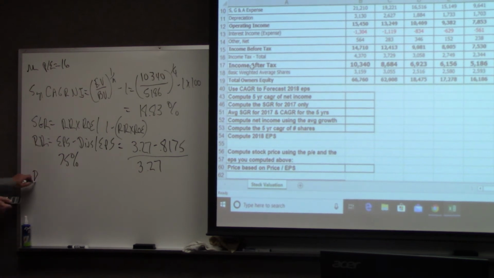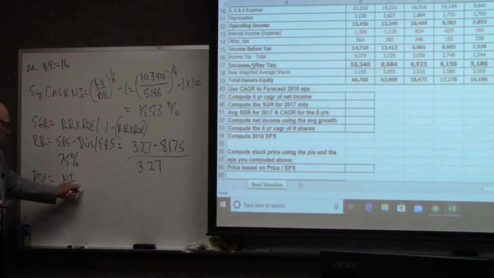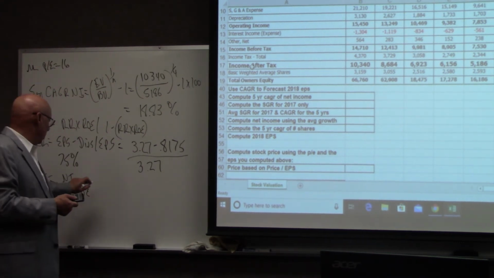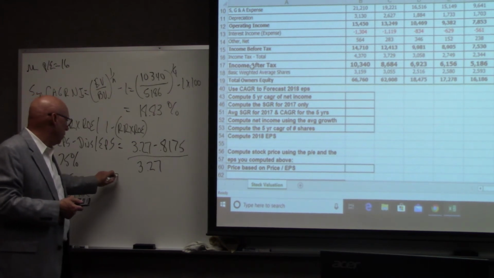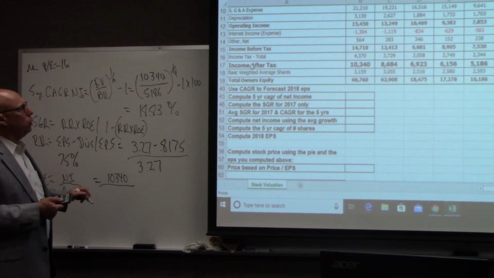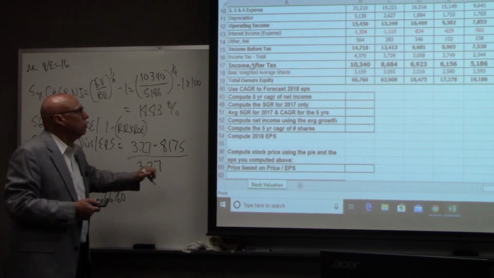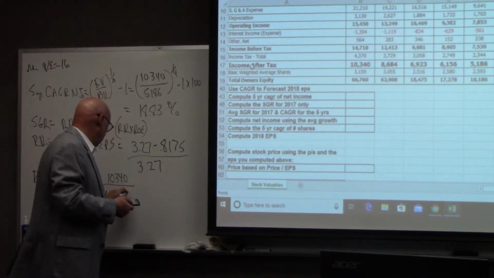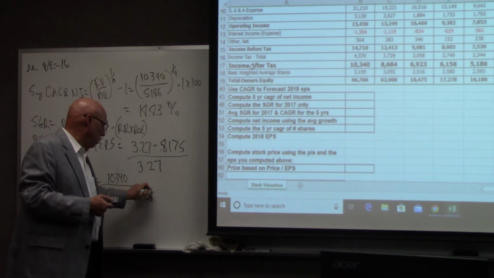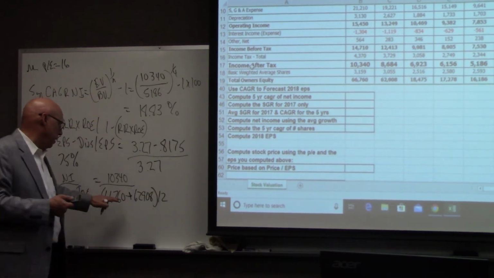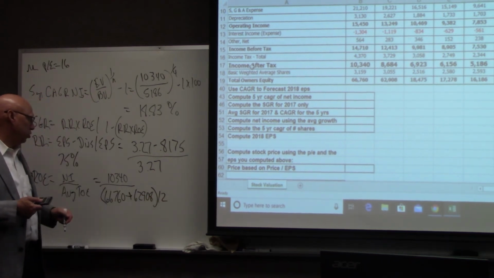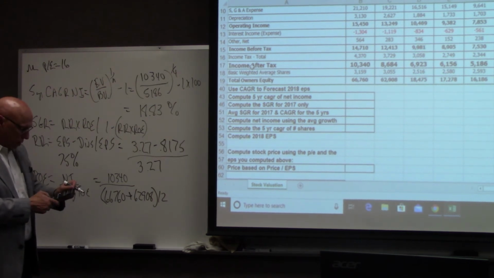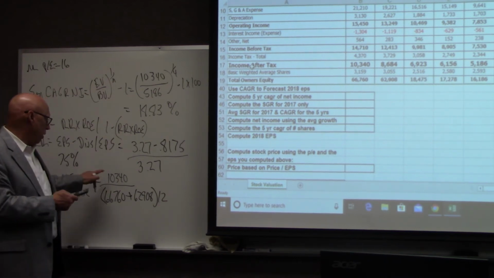So now let's find return on equity. The return on equity is net income divided by average total owner's equity. Net income is 10,340, and total owner's equity is 66,760 plus 62,908 divided by 2. Just the denominator is divided by 2, not the net income. So we have 66,760 plus 62,908 divided by 2,